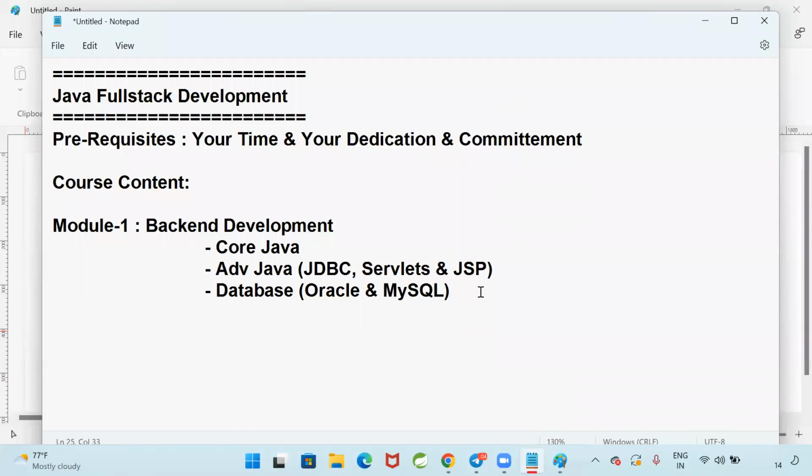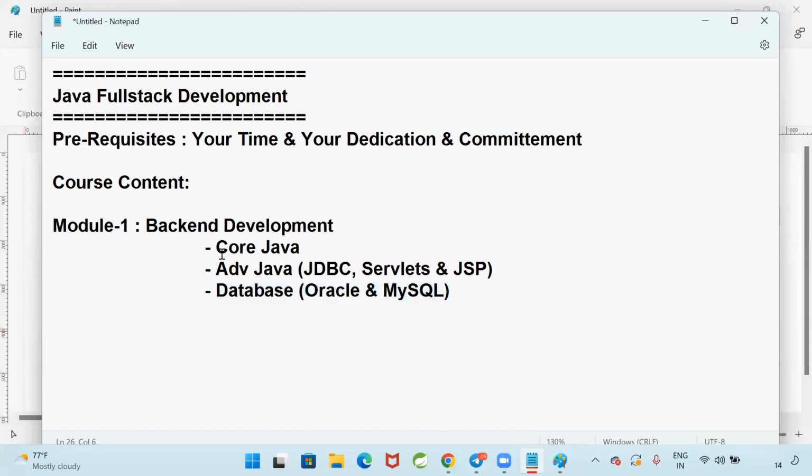That is a binary language, right? If we want to communicate, that is a computer language. 01 is a computer language. So the database is software that knows SQL, Structured Query Language. If you want to perform any operation with the database, if you want to store the data, retrieve the data, or update the data, then you need to go for SQL. That SQL we are going to learn as part of the database.